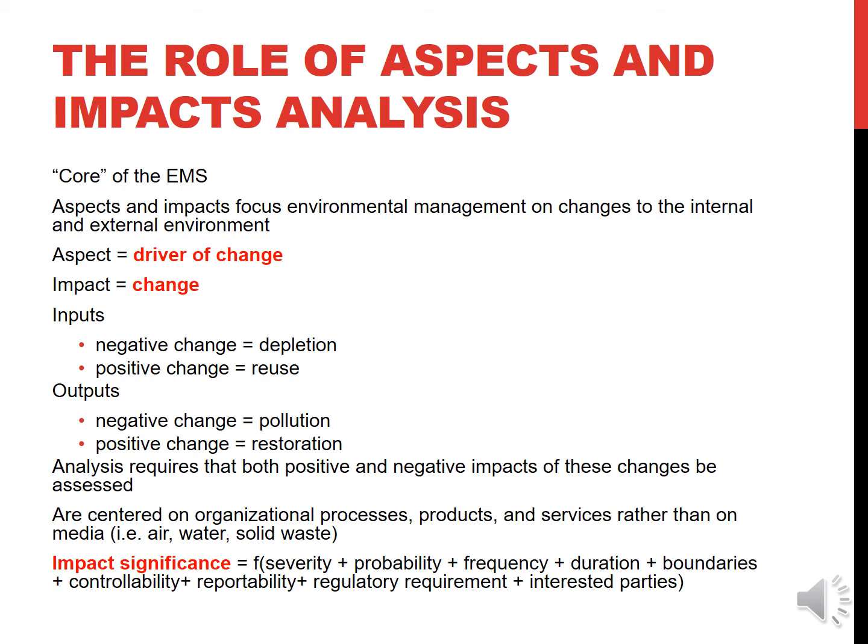Impact significance is a function of severity and probability and frequency, duration, and geographical boundaries, controllability, reportability, regulatory requirement, plus interested parties. Now, what you want to do is you want to have a multiplicative relationship, and then you can divide by 1,000 or something like that, because what that does is that gives a much higher value for your overall significance rating. And when you have simply additive